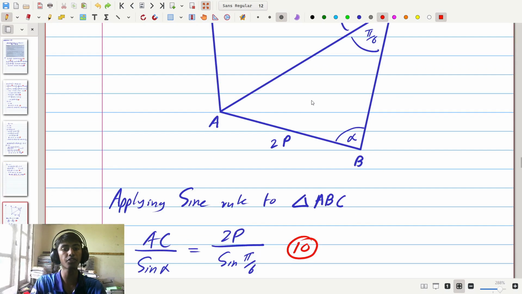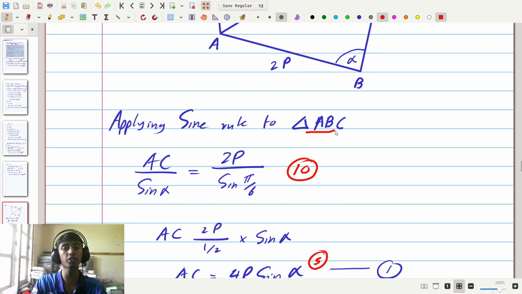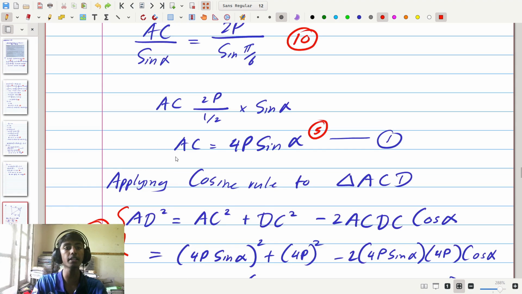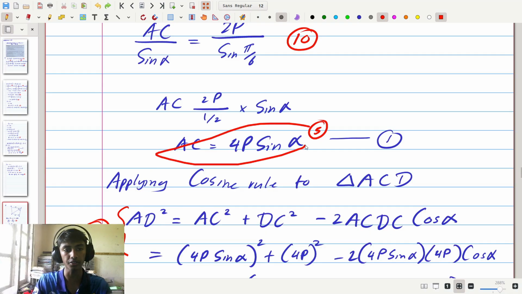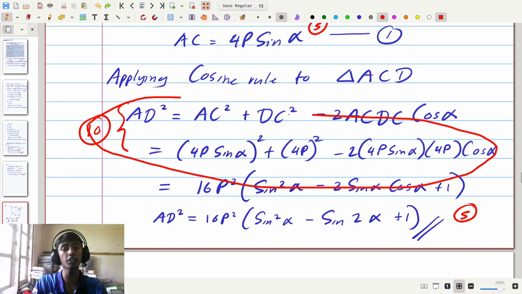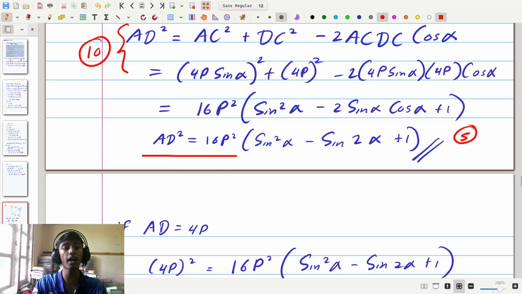Now after that, for the second part of the question, when you take this thing and you apply the sine rule for triangle ABC, for applying sine rule directly you get 10 marks, and then for writing down AC in terms of P and alpha like this, you get another 5 marks. Now after that, similarly, for applying the cosine rule to triangle ACD, when you write down the expression that you have, you get 10 marks,